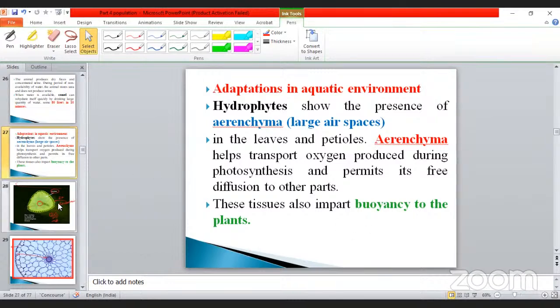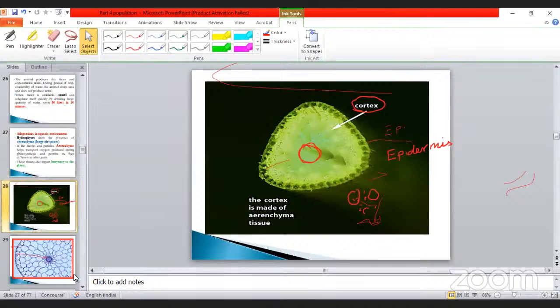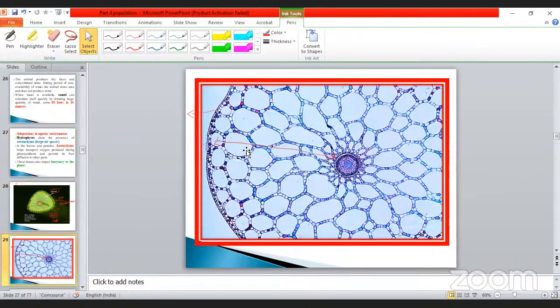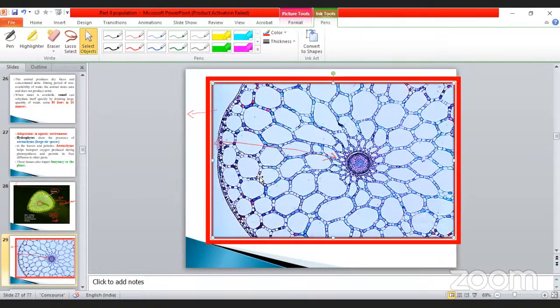Okay, my dear, we already saw it. This structure is also okay, and also the intercellular space. These spaces are filled with air. This part is called the cortex. The first part is the epidermis, followed by the cortex, then the endodermis, then on the inner side xylem and phloem, and also pith. We already studied this. But here, this is the leaf structure. Okay, so leaf structure, don't forget, my dear.